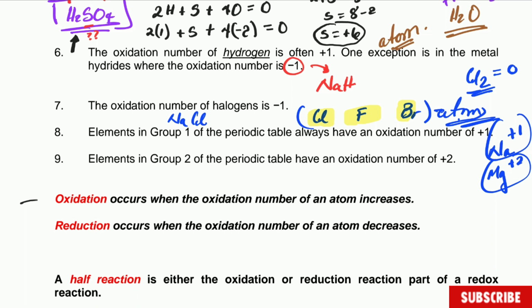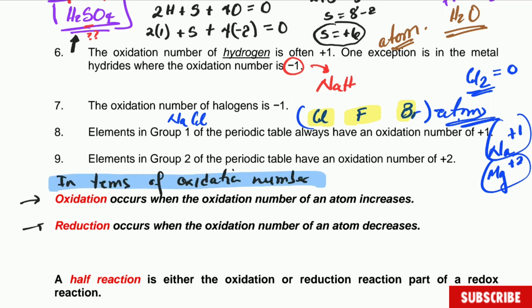Now, what is going to be happening now? We're going to look at 2 new definitions of oxidation and reduction. Now this one is in terms of oxidation number. So be careful, you cannot confuse the definitions, okay? Oxidation is oxidation, but it's in terms of different factors here. In this case, oxidation occurs when the oxidation number of an atom increases, and reduction occurs when the oxidation number